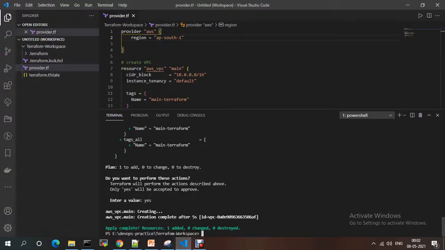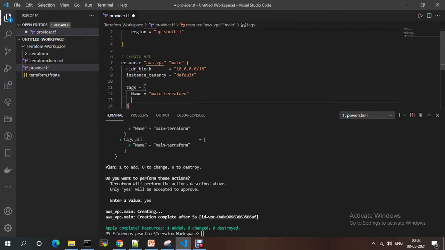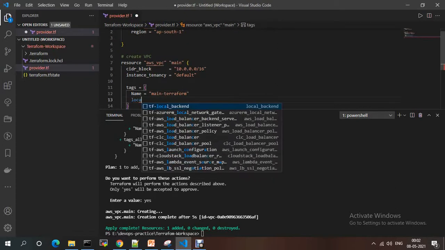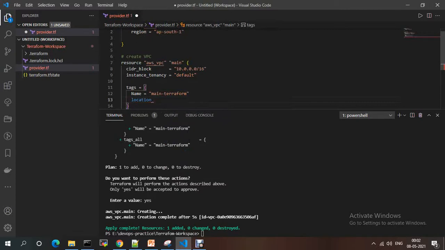So if you want to make any changes to your resource, you just need to provide the location. I'm just providing location details, like any tags, something AP. Then you just need to do terraform apply. Every time it will ask you with a prompt.